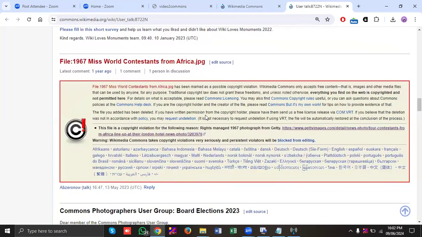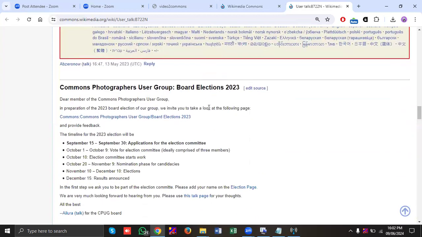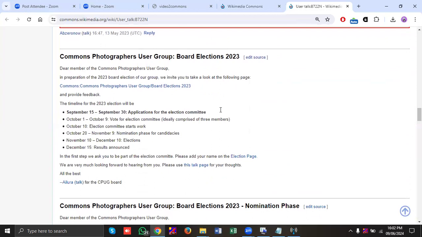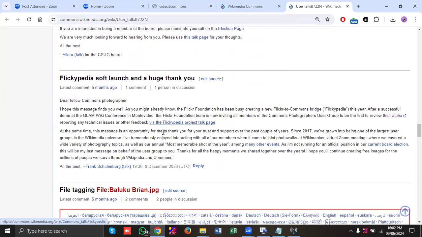So they're going to strike you and that image is going to be deleted. That's why it is really important that you either use images that are in the public domain, you can use sites like Flickr where you can get those images, or even alternative sources. Each country has its own copyright laws. So you might go to Rwanda, and they tell you that you're not supposed to take images of monuments. They have a specific period of time that you're going to know. So sometimes if you upload them, they will be deleted, and still they need your images, but you need to